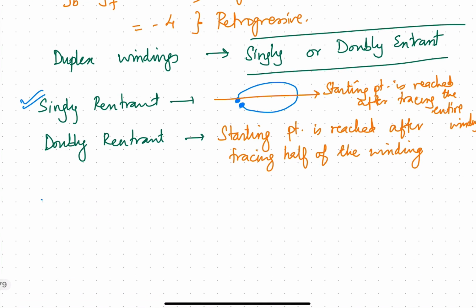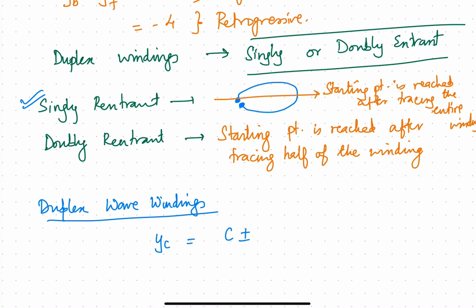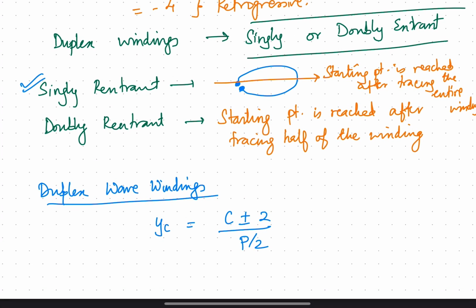Now in case of duplex wave windings, as in case of the lap windings, it is possible to have two independent windings in the armature. So in this case, the commutator pitch YC is made equal to C plus minus 2 divided by P by 2 instead of